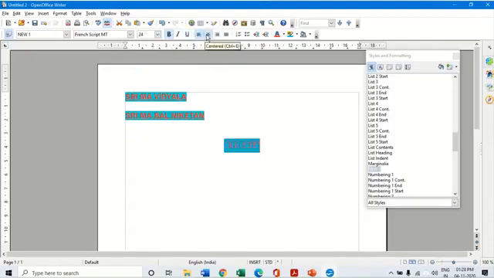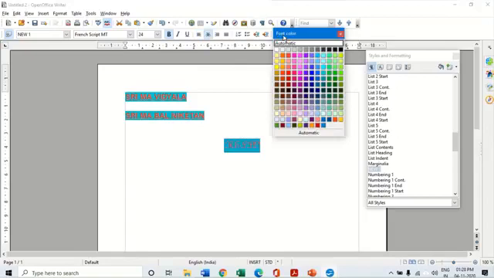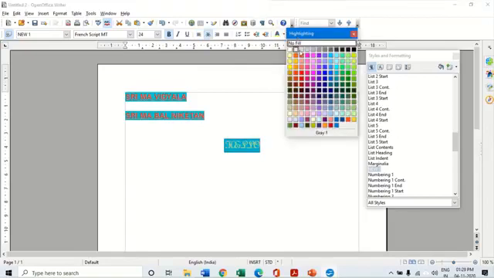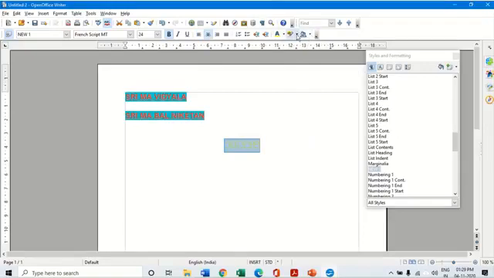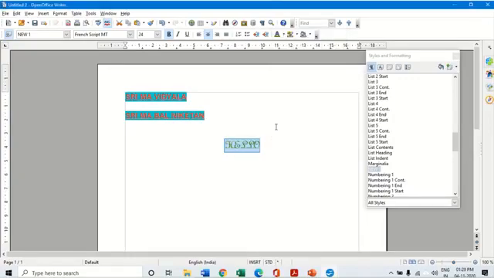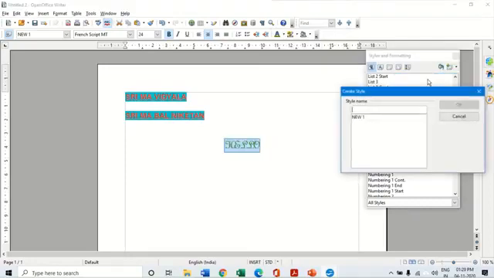I want to center it, and this time I want a yellow color and no highlighting at all. Okay, so this is my new style, with a green color. I can select this, click on new style from selection, and give this the name new 2.